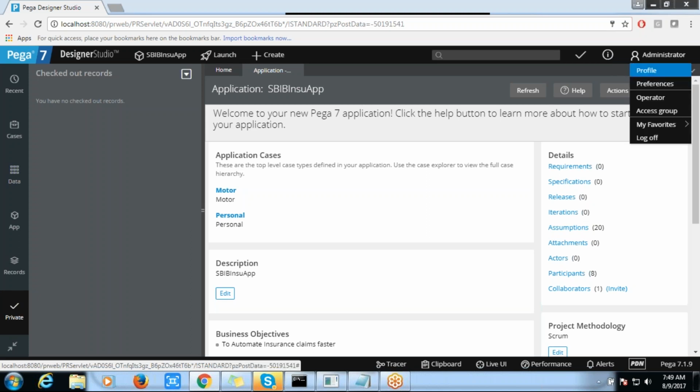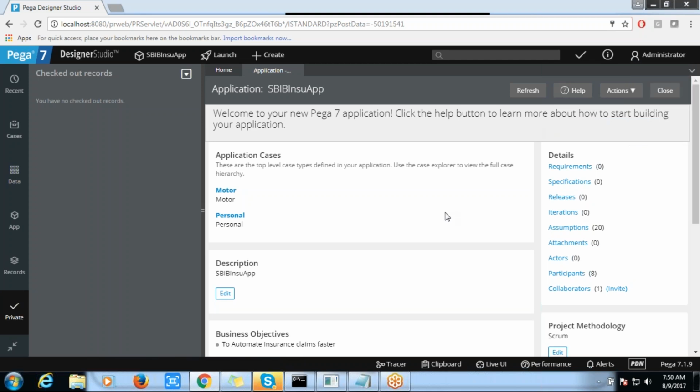And this is the operator menu, which we use to log in. Once you are logged in, you can log off, update some profile, or view your profile information, right? So basically it is the login information menu, the operator menu. And we have a lot of other things also there. Different tools are available in PRPC, and we are going to use these in our day-to-day development.